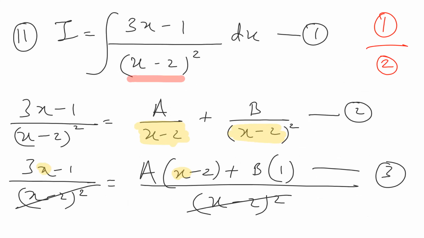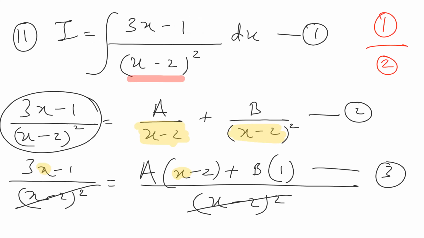Put the value of a and b in equation number 2. Right? I hope everybody is doing that. Put a and b in equation number 2. So equation number 2 becomes